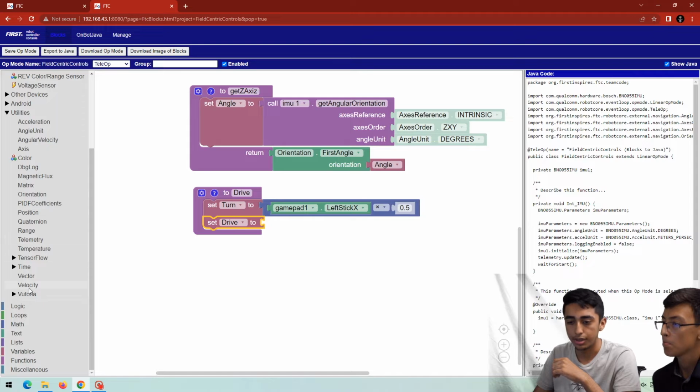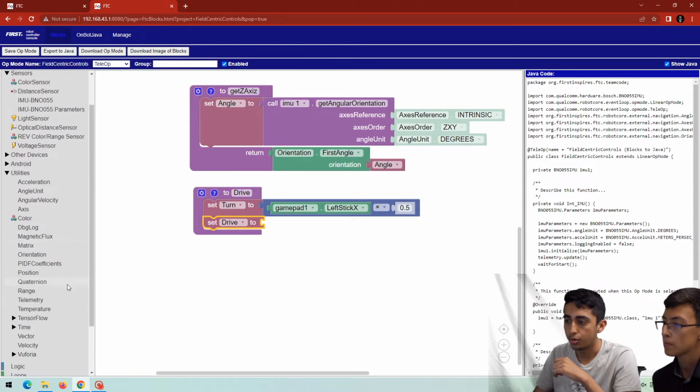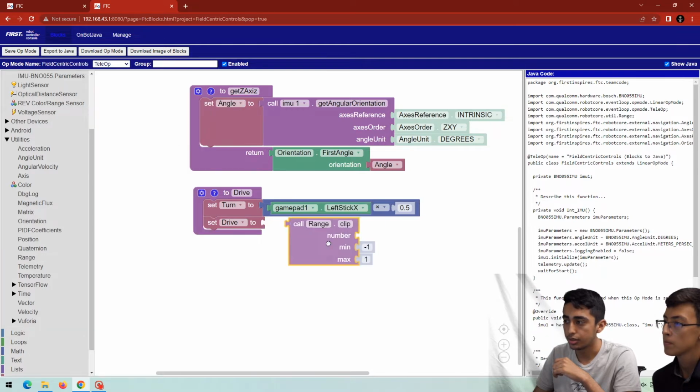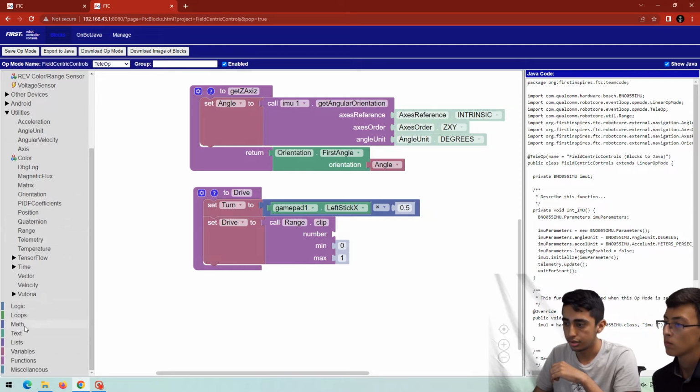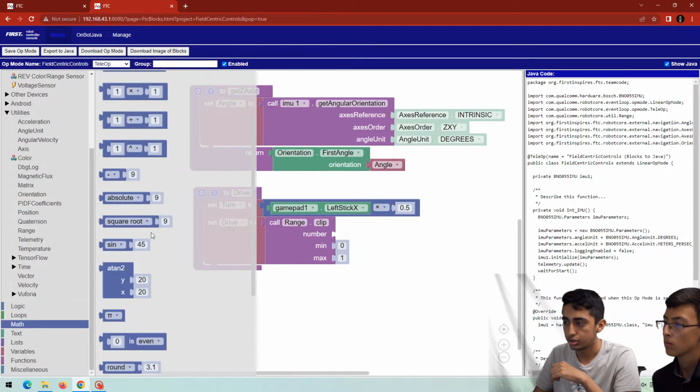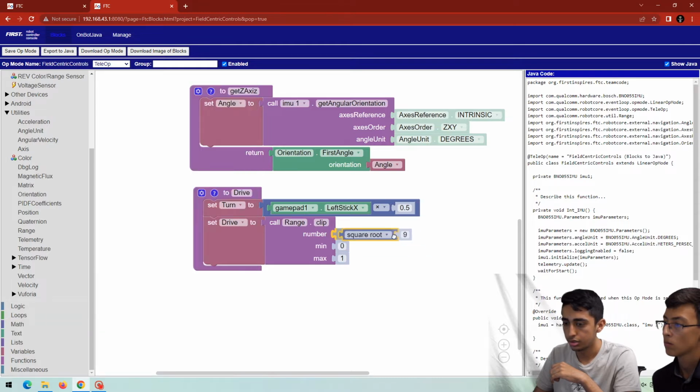To get that, we have to use the Pythagorean theorem. So we're going to use a range clip. We're going to do that between 0 and 1, so we don't get any negative numbers. And then we're going to clip the square root of